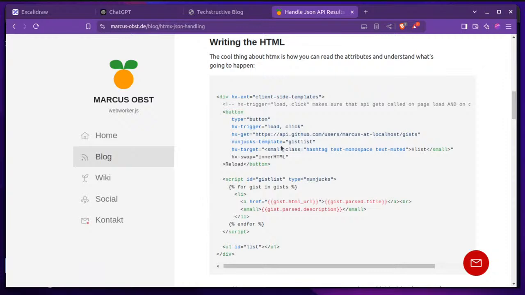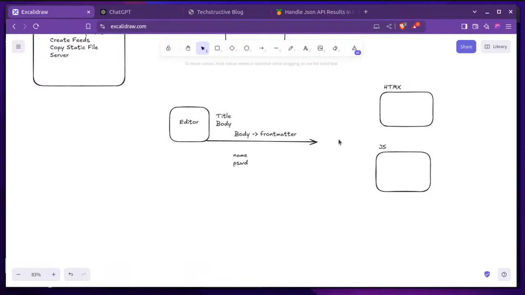Like a nunchucks template with gist list, and is that it? But how? Let's assume that is possible. Okay, I don't want to go into too many technical details here. So let's say that was possible, and we click the button and we send a request